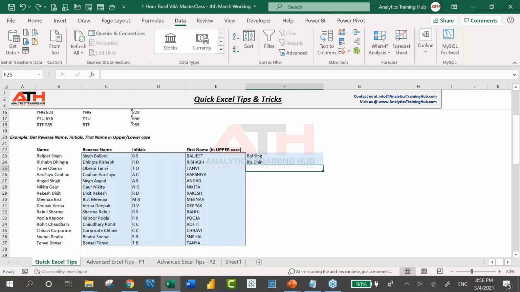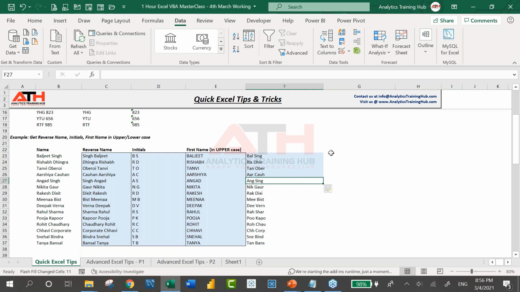So in such situations, we'll have to provide at least 2 to 3 or 3 to 4 examples. Then when you press Control E, it will read the pattern and give us the result.